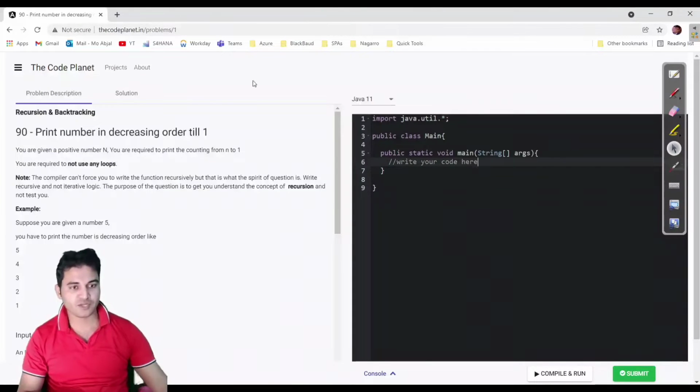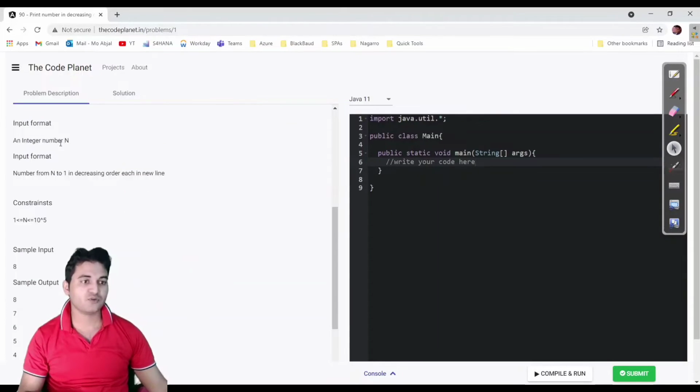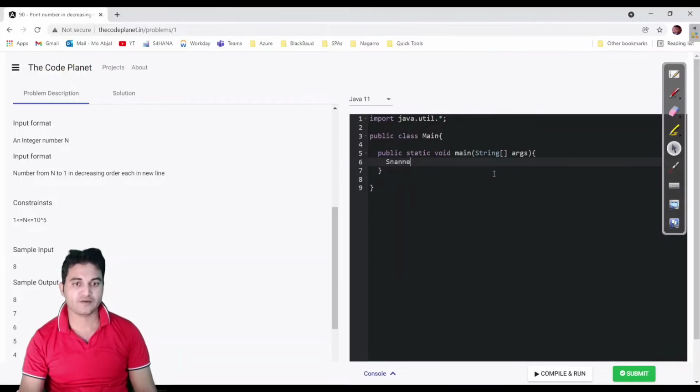So let us write some code for the same problem. Let us see the input format. In the input you would be provided an integer number. I'm writing the code in Java. Scanner scn.